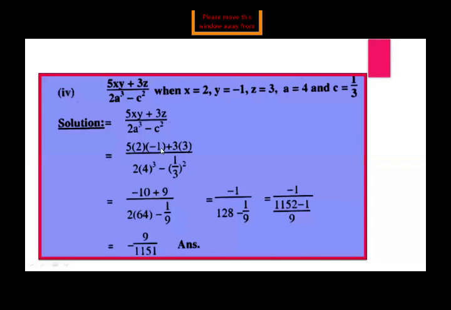Now in numerator, we observe multiplication is given because they all are enclosed in brackets. So first of all we multiply the sign, minus, plus, minus. Then 5 twos are 10 and 10 ones are 10. So from that one we have answer minus 10. In second, plus is plus. We consider that 3 which is enclosed in bracket having plus sign with it. So we multiply plus, getting answer plus. Then 3 threes are 9.